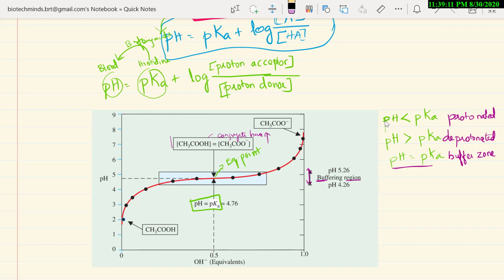Now this one is going to decrease. If this is increasing, what will happen? A basic pH will be attained because it is the conjugate base. That is what we explained here also. Here you can see the Henderson-Hasselbalch equation. If the proton acceptor concentration is increasing, the proton donor concentration is decreasing. This is the proton donor and this is the proton acceptor.